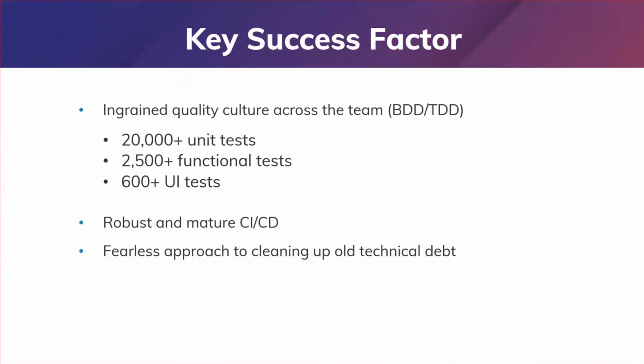The key success factors for us, if you look back at the whole year, are things that worked for us really well, and I think work for most teams as well. If you don't have these factors, it's something you probably want to look into before you start migrating to .NET Core for an enterprise application. So we had very robust automated QA practices. We were already doing TDD, and we were doing behavior-driven development as well with Gherkin syntax and SpecFlow.